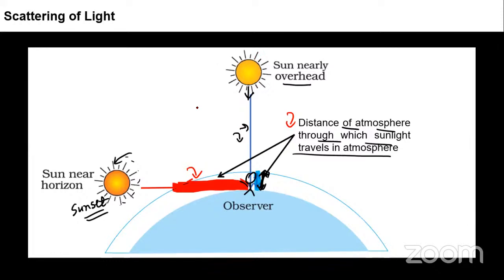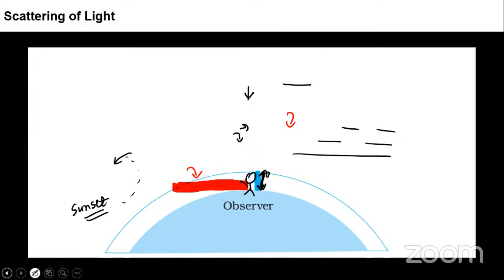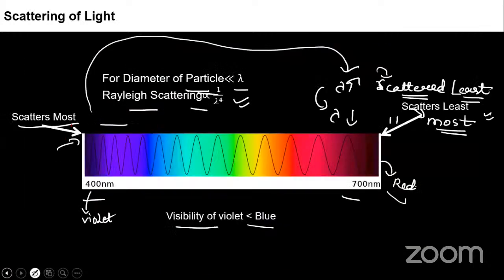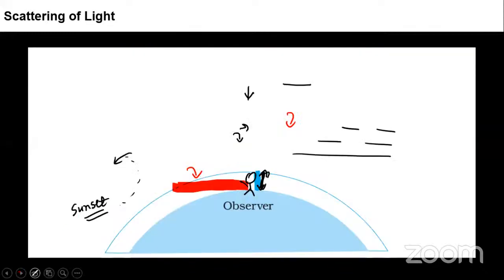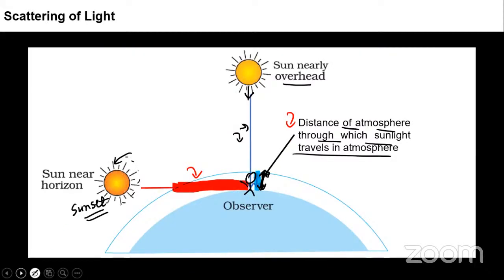Yeah, very good, Sneha. So we'll say red is scattered the... Hold on. Red is not scattered the most. See, if you focus back, let's go back on the back slide. We have seen here violet is scattered most, red is scattered least. But here if we see scattering of light, what is happening here? That when the sunset, why is it like this? Because when the wavelength is more, it travels a more distance.